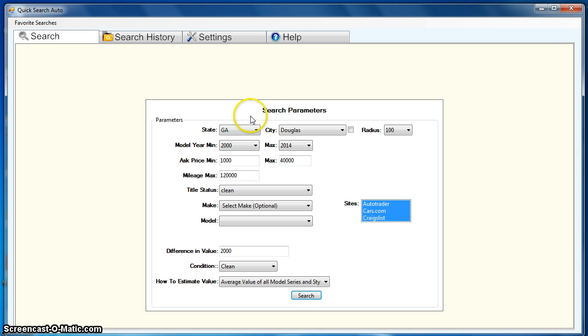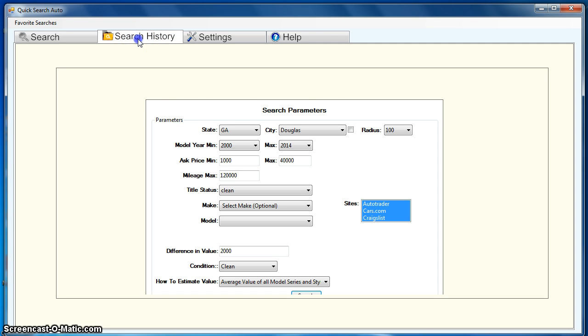I'm sure it's going to be close, and you would want to do your own due diligence, of course, before you buy a vehicle. But the purpose of this tool is to give you candidates,